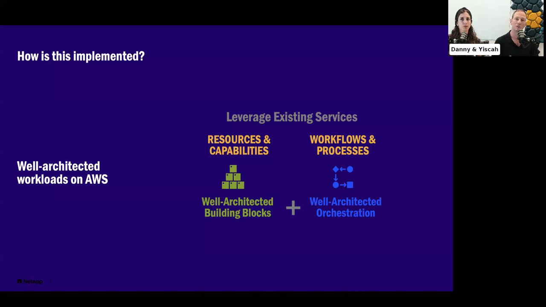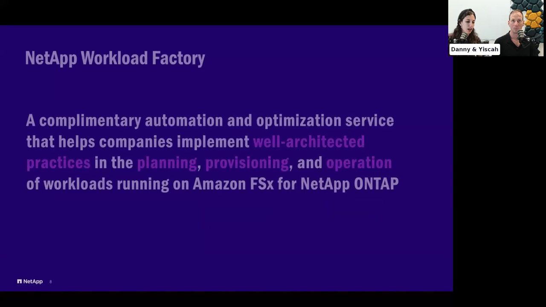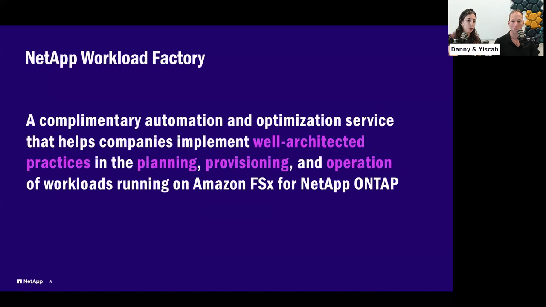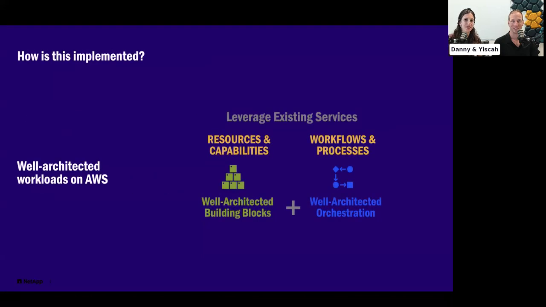We need infrastructure as code to automate processes and how resources are used, and so on and so forth. Absolutely. And if we have a look at this slide, I think if you look at these two pillars of resources and capabilities, and on the other hand, workflows and processes, I think years ago, not that many years ago,